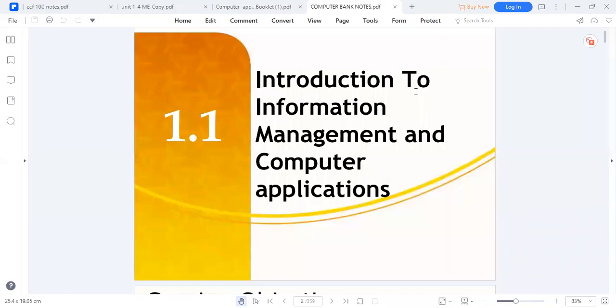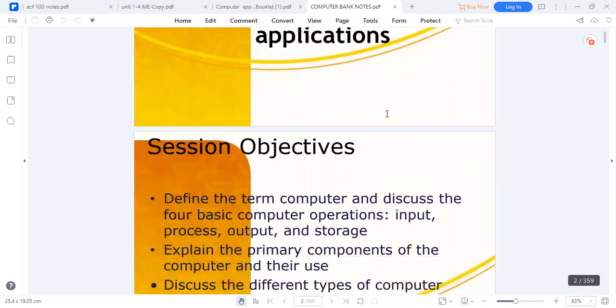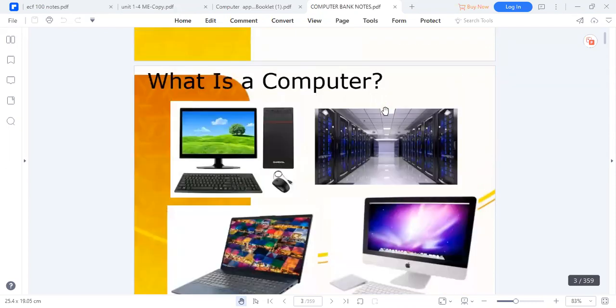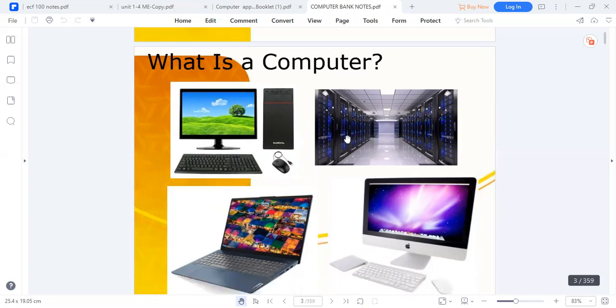Welcome to Introduction to Computer, which we also call Information Management and Computer Applications. So here we basically are going to learn the basic uses of computers, the components, operations, and the primary types of computers and how we can define data and information. So the computer world has evolved with time, starting from the Pentiums to hybrid computers, which go into mainframes, laptops,